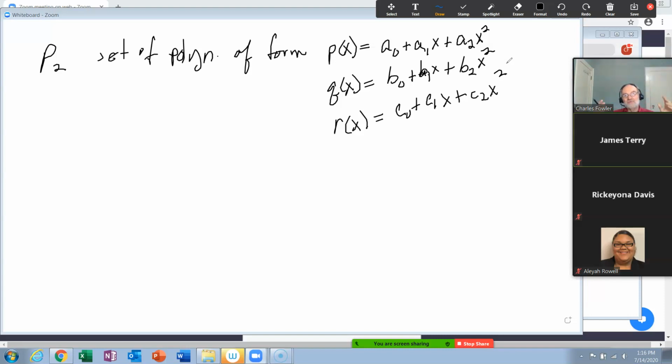Next one, if you were to add two scalars, C plus D, multiply that by P, that'd be (C plus D) times A0 plus (C plus D) times A1 x, x to the first, plus (C plus D) times A2 x squared. Well, since they all have the A0, A1, A2, then split them up, and that'd be C times P plus D times P. Yep, it gives you exactly number 8. Now, wait, that was 9. I think I'd already done 8.